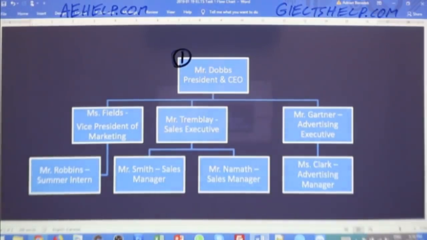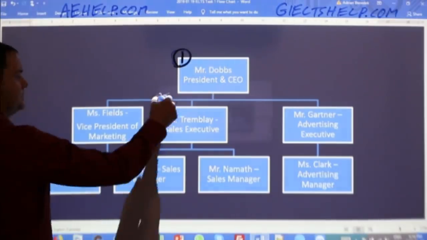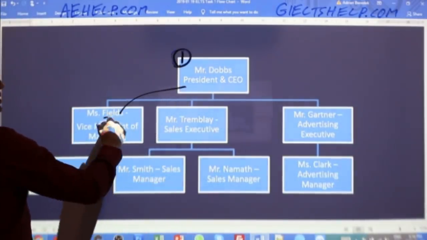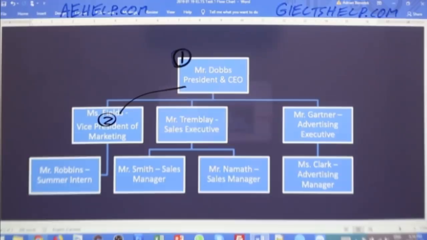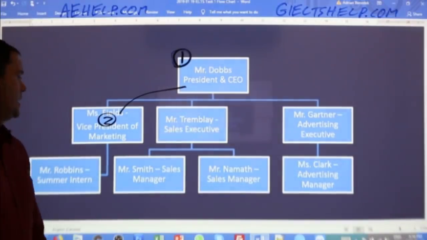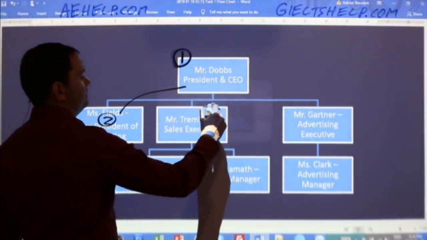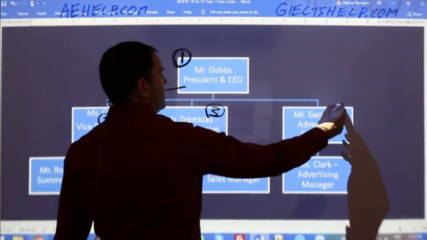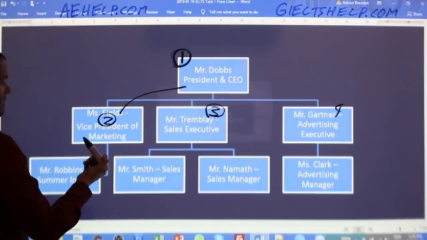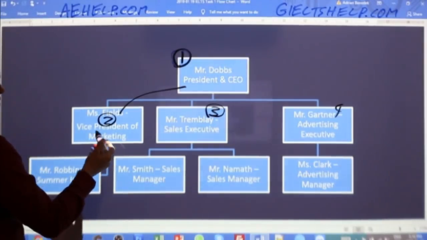Yeah, that makes sense. Okay. So maybe vice president. Sure. And then what should be my number 3, number 4? The executives, right? Okay, number 2, maybe this one here as well.